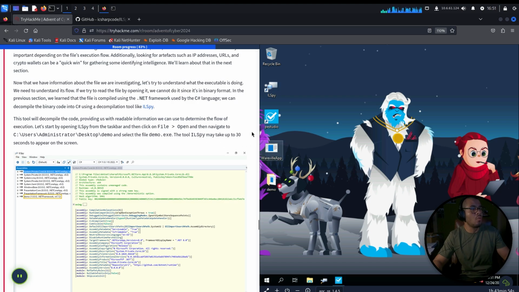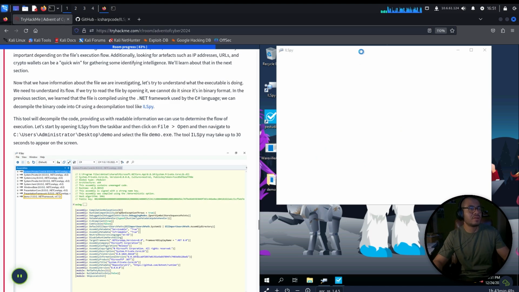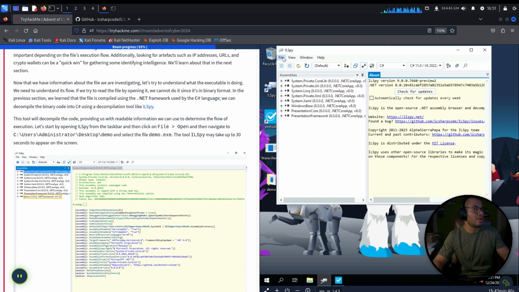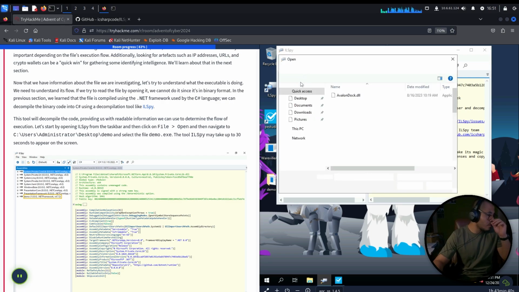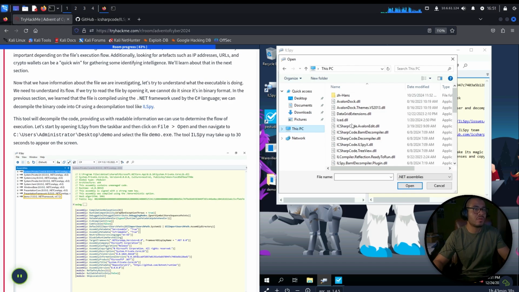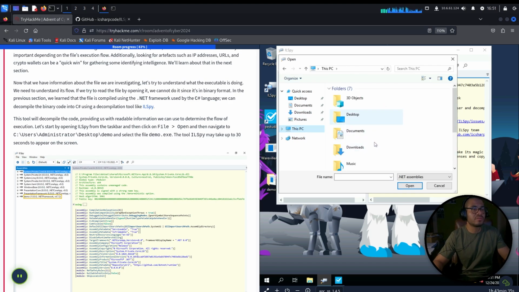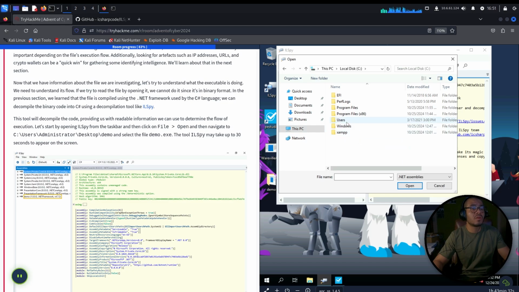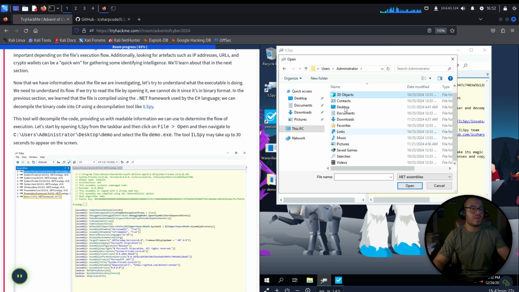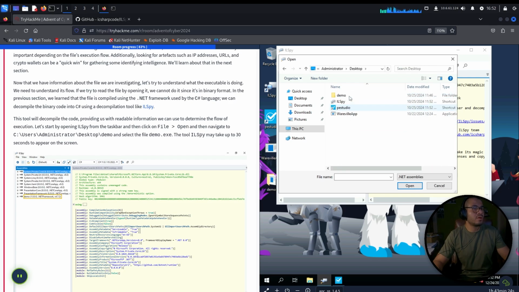Then click on File, Open, and then navigate to C:\Users\Administrator\Desktop\Demo, and select the file demo.exe, right? So let's open the file. We navigate to Users, Administrator, then Desktop, then Demo, and select the file demo.exe. The tool ILSpy may take up to 30 seconds to appear on the screen. Okay,